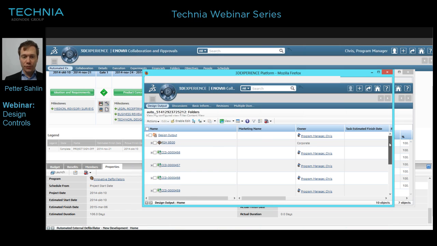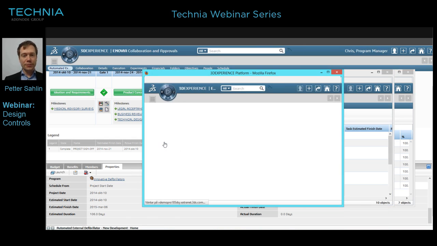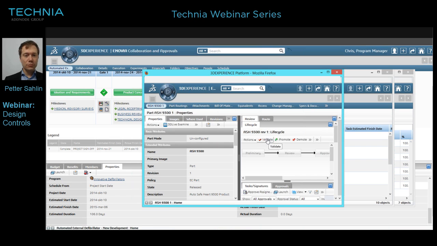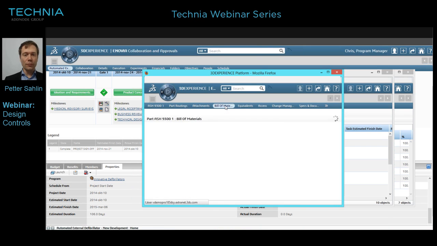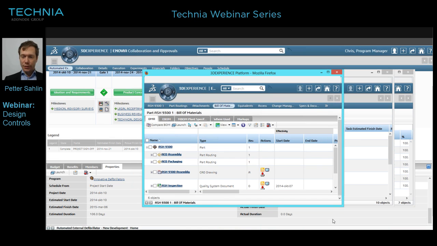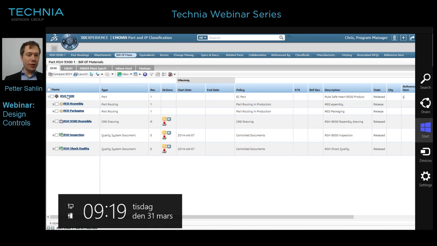We have a set of documents as well. We navigate to the top level of the bill of material. Let's expand this one. And we see here that we have the top level, we have the details on the assembly, we have a drawing checked in, it's a drawing assembly,